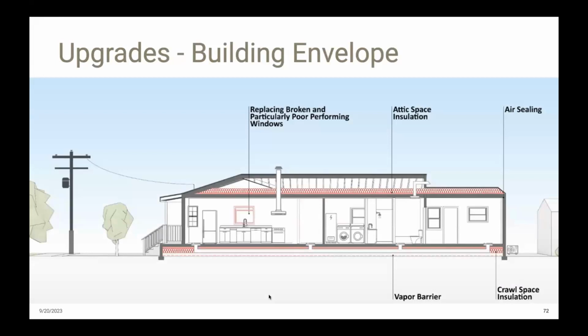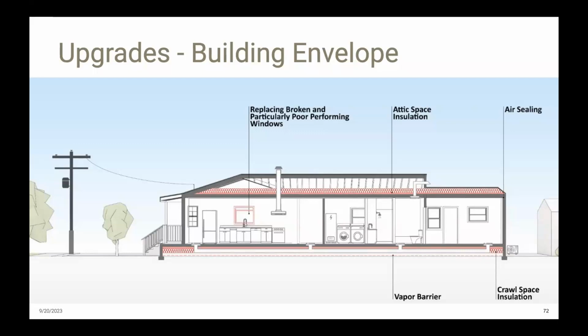In terms of specific upgrades, the building envelope improvements include for each of these houses, air sealing, insulation at the attic and the crawl space, and a vapor barrier below the crawl space. As hard as it was, we ultimately decided not to insulate or to improve the insulation of the exterior walls as part of the typical improvement package. We couldn't afford to do everything, which is often the case on projects.